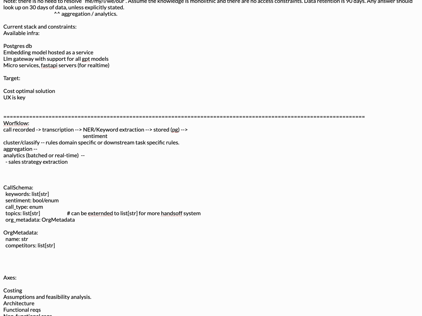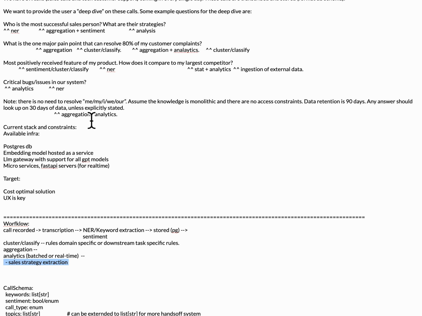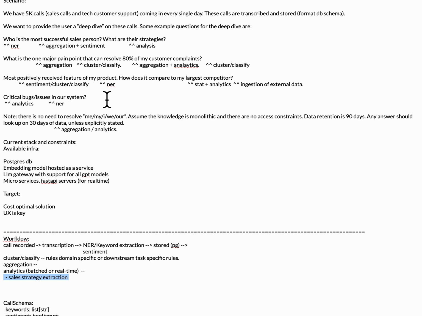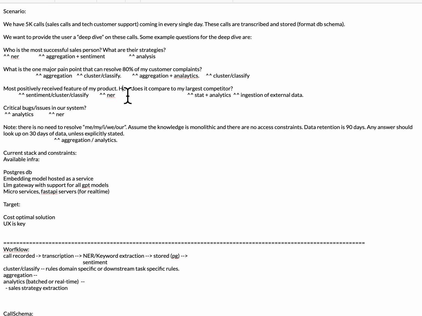Okay, so this is our target, and coming to the analytics, there is batched analytics or real-time analytics, like sales strategy extraction. Most fast feature. How does it compare to my largest competitor? Okay,